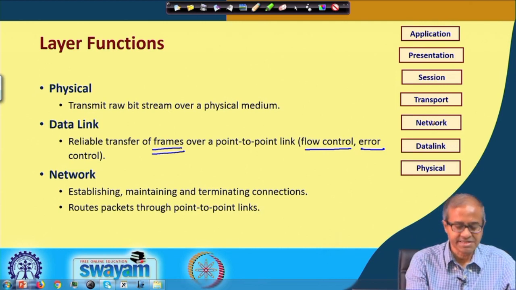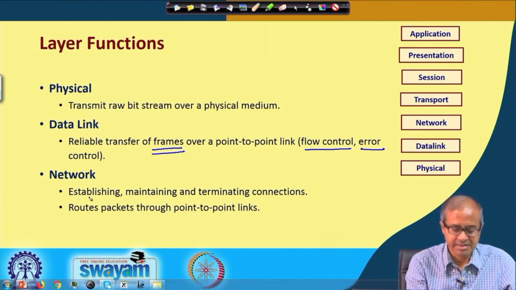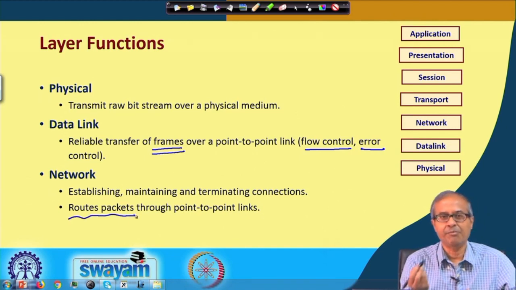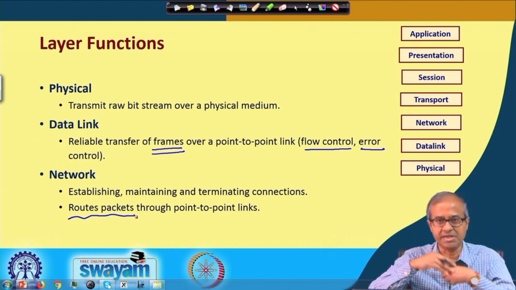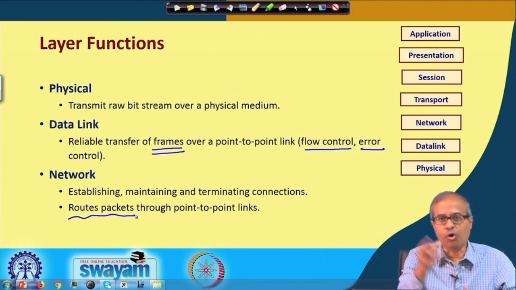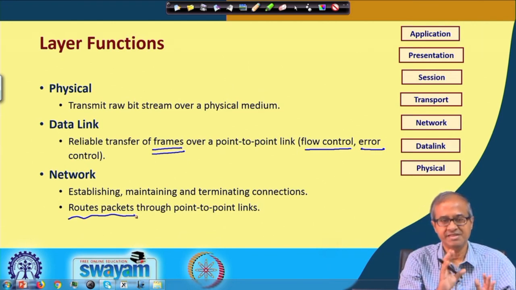Now, in the next higher layer, which is the network layer, the main concern is the routing or transmission of packets: establishing, maintaining, terminating connections and routing packets. There may be several point to point links, but I want to transmit a packet from, let us say, myself to your computer, and there can be 100 intermediate computers. So, all the network layers in these 100 computers must be responsible to forward the packet in the right direction, so that ultimately it can reach you. Okay? That is the responsibility of the